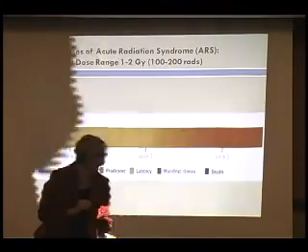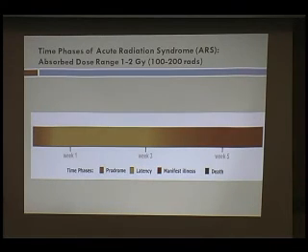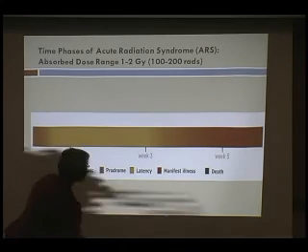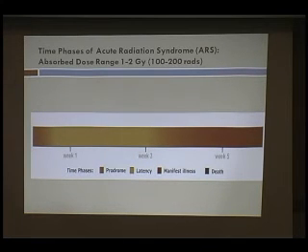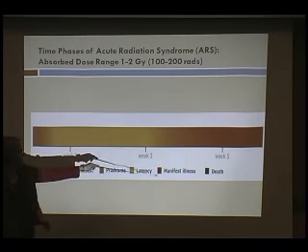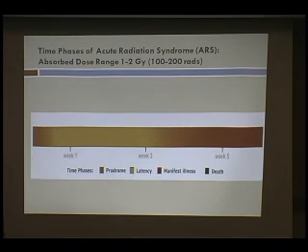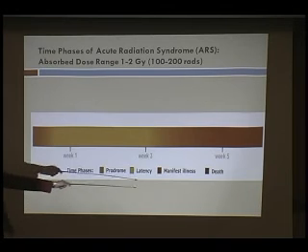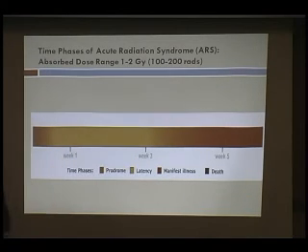Okay. So with respect to acute radiation syndrome, and again, very high doses, so 1 to 2 grays or 100 to 200 rads, the first week is kind of of exposure. If you had this type of exposure, it would be a prodrome. So that would just mean basic symptoms. Then there would be a latency period where there wouldn't be as many symptoms. And then you'd actually have manifest illness here. And then if there wasn't any kind of medical intervention, then there's a possibility of death.